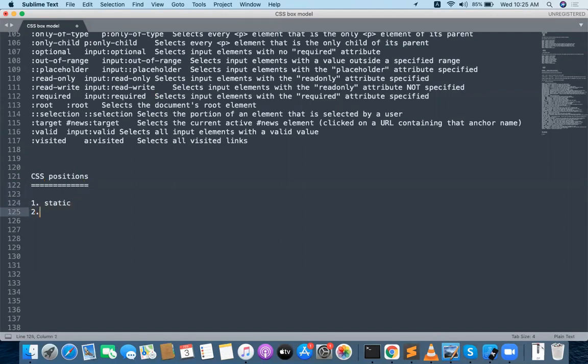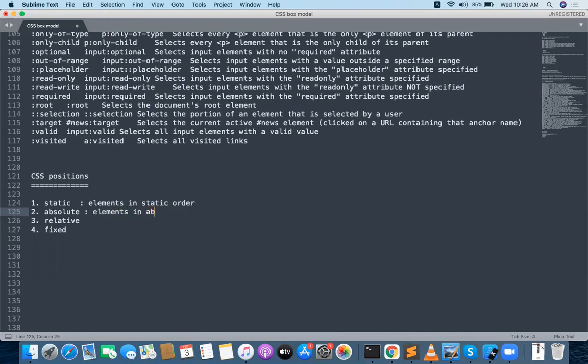Second one is absolute position, the third one is relative position, and the fourth one is fixed position. Static position: elements in static order. I will draw the picture, then you can understand how the static order will be.